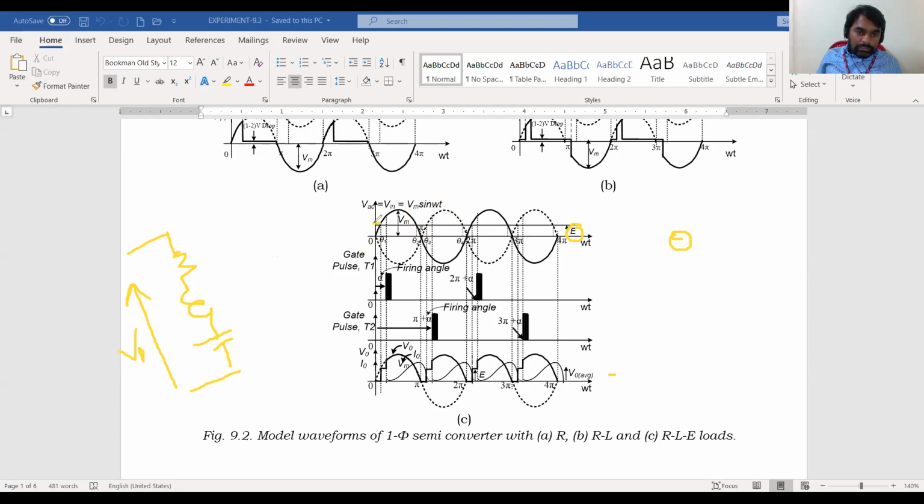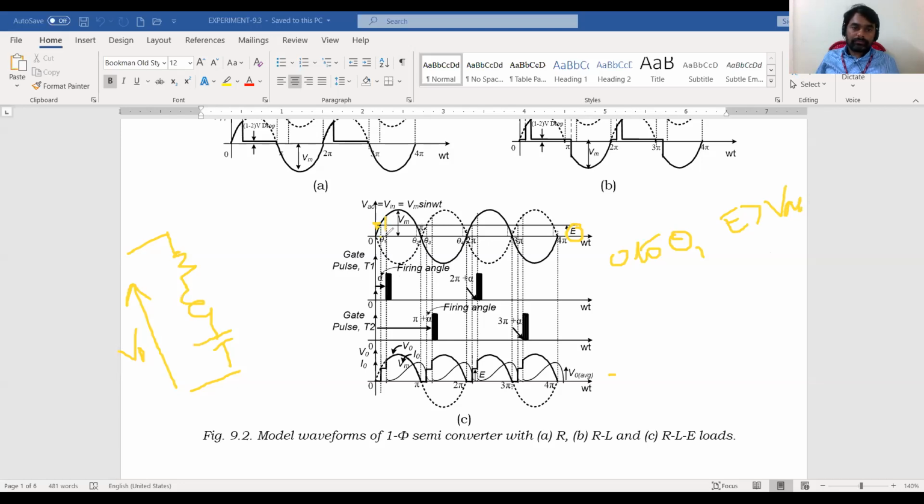Now during 0 to theta 1, the battery voltage is more when compared to the AC voltage. Just like a waterfall concept, the current may flow from higher potential to lower potential. So during this interval, the battery voltage is more. Current has to flow from source to load, but the source voltage is less when compared to the battery which is connected in series with the load. So the power flow is not possible. Even if you trigger T1 before this, it won't go to the conduction state. That is why I apply the triggering pulse to T1 after this theta 1.